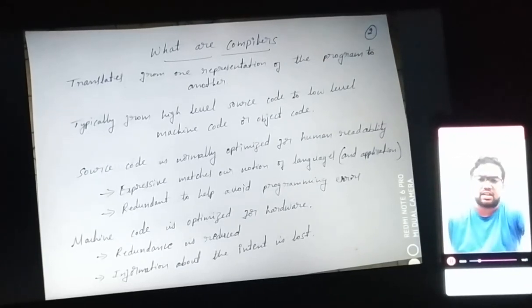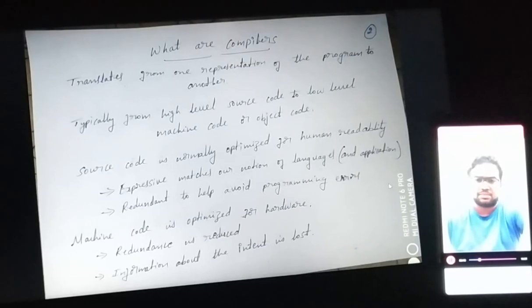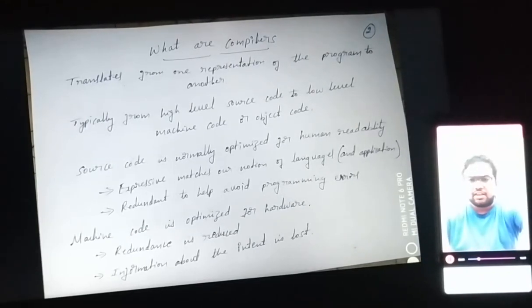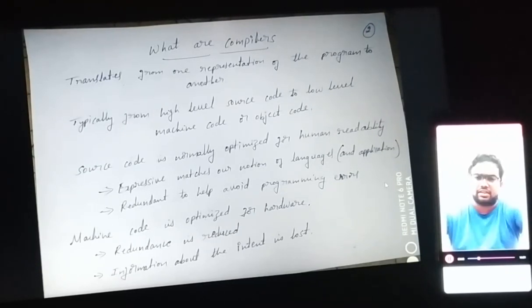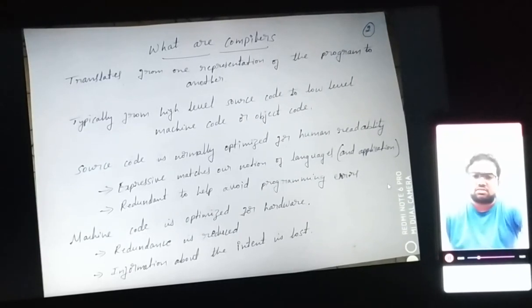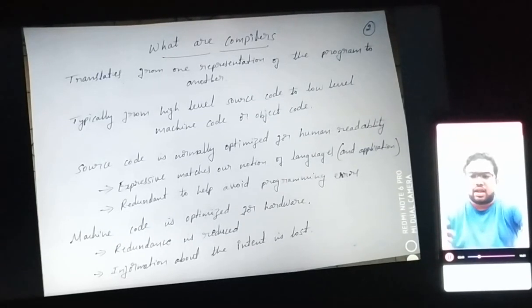The code that you have written in a higher level language can be confined to a particular system, or you can take it as a particular hardware, and there is a dependency with respect to the hardware on which you have taken this higher level language. When you are representing it in a different form, and you have gone through a lot of stages, the intent is changed, and this intent is difficult to identify. As there are a lot of phases in the compiler converting to a target code, this intent is difficult to analyze.